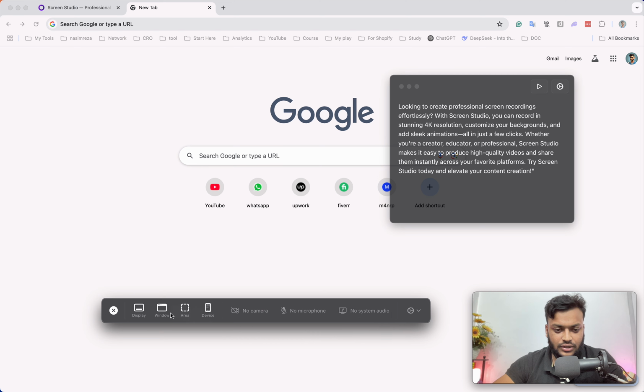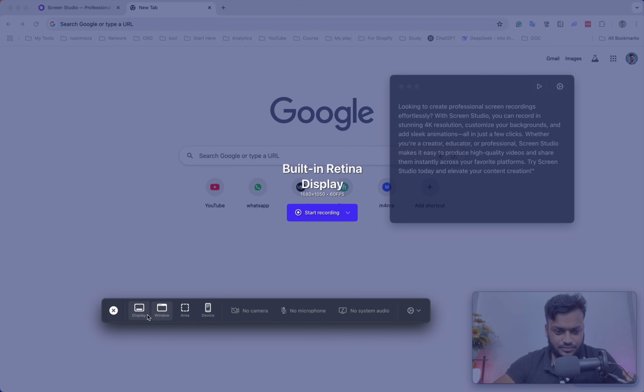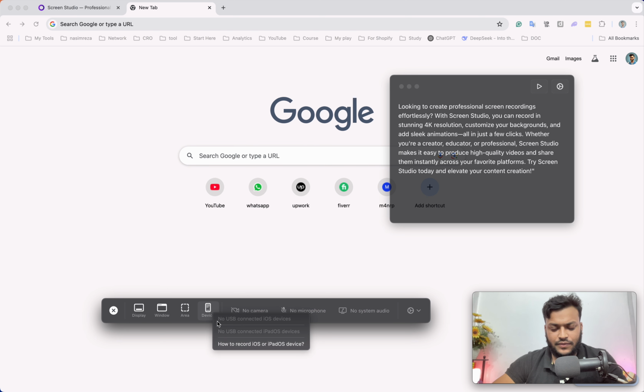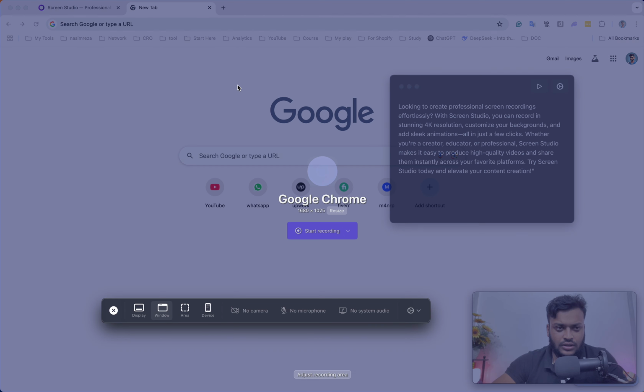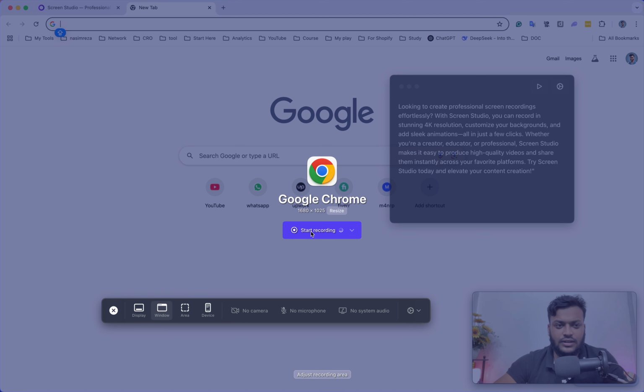Don't record microphone. So if I show you how you can record, just hit this button: display, window, area, and device. When your new device is connected through a wire, then you will be able to see it. For example, you can connect your iPhone, and this time I just want to use the window record. So this will only record this Google Chrome, and here you can see this recording